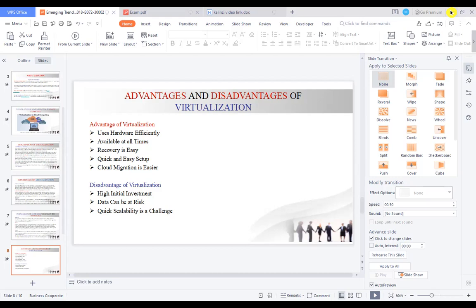And another advantage, it is available at all times. Once you connect virtualization in your device or your system, it is all available.